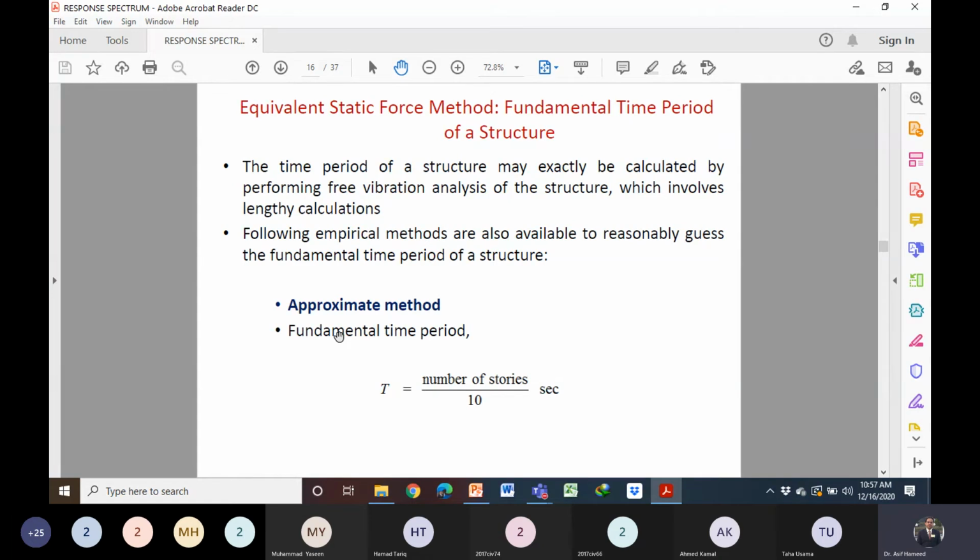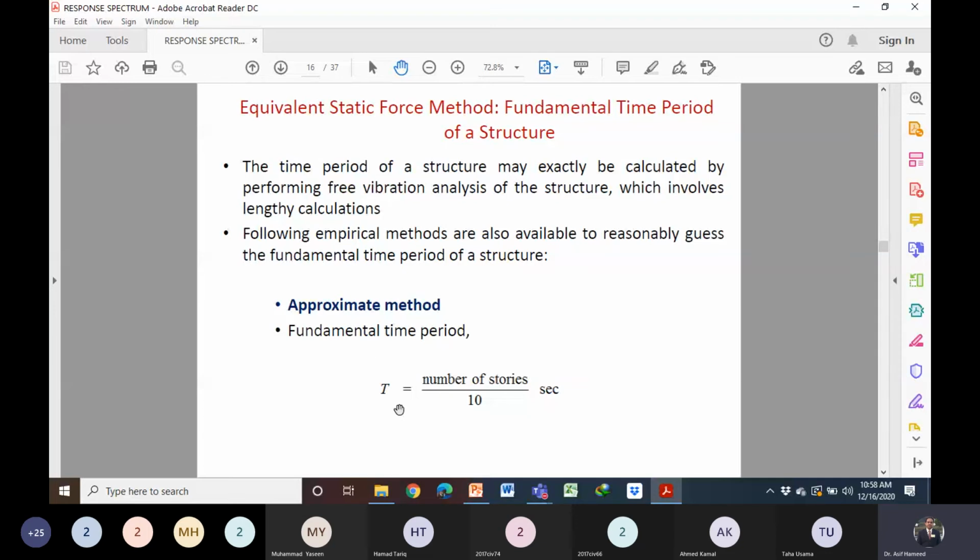But initially at the design stage, when you are deciding about the material properties and the type of configuration of your structure and the sizes of the components of your structure, it's very useful to have the rough idea about the time period by using some thumb rule. So we have thumb rules, or you can say we have the empirical formulas to approximately calculate the time period.